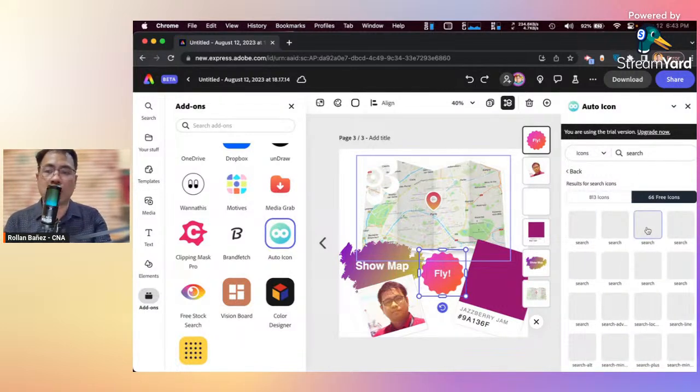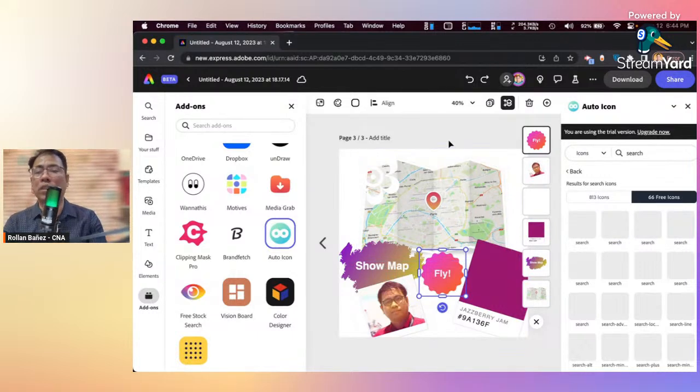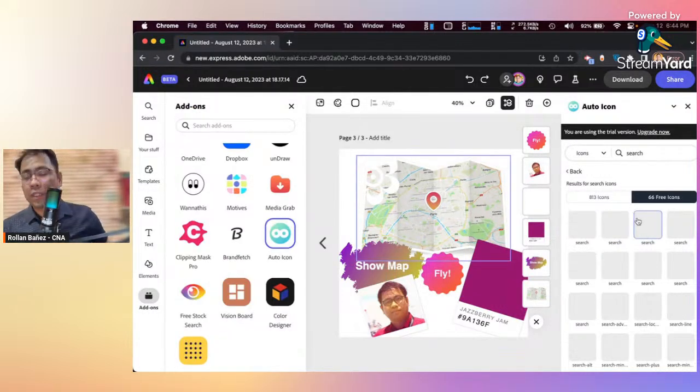If I'm just going to click on search here, because I'm using the trial version, that's probably why it's not working that well, or my internet connection is not that optimized right now. It's like 6:43 in the evening here. A lot of people are home right now and using the internet. Okay, so you get the idea.